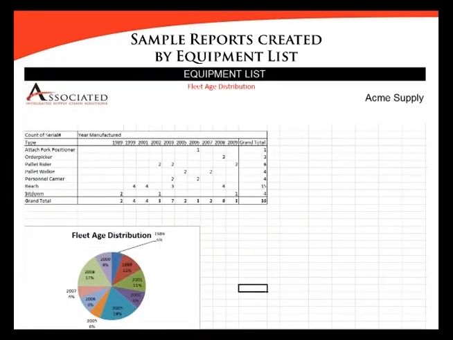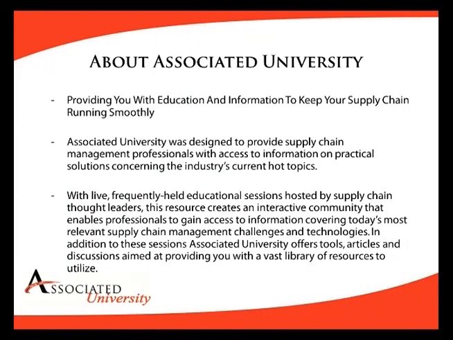The third report we're showing you is just a quick table that shows the breakout of the number of serial numbers by year of manufacture. And this gives you a quick view of the age of your fleet and which trucks you should consider rotating at the next purchase cycle. The graph below puts things in perspective and gives you a percentage as well.